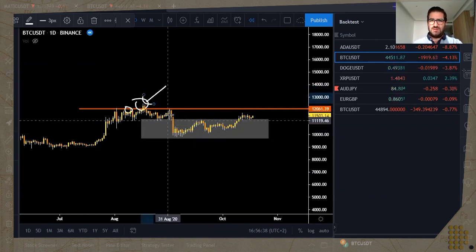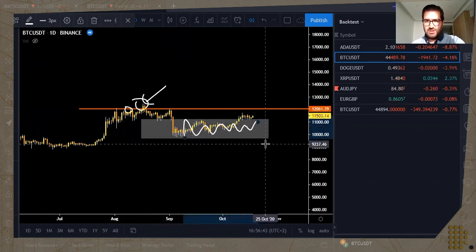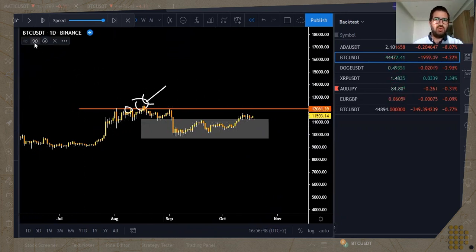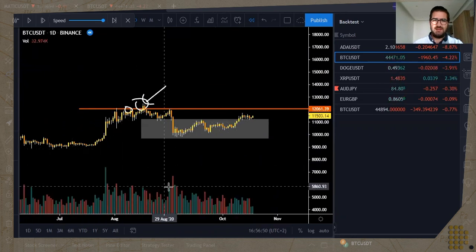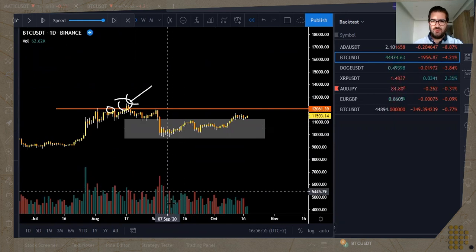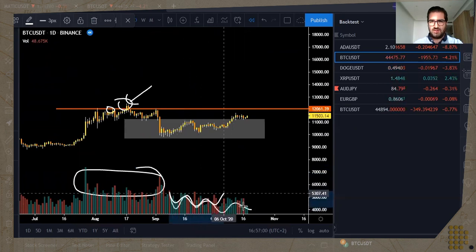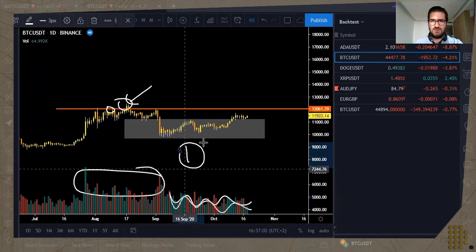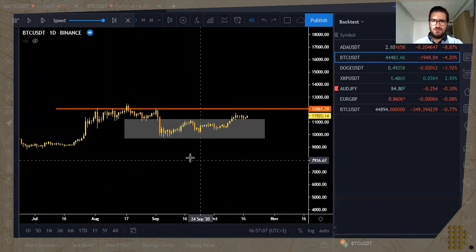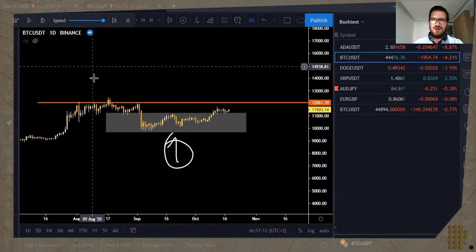But what we saw after is an accumulation. And usually when we have an accumulation, to be sure that you have an accumulation, you should apply this indicator here. We call it volume. So when we have accumulation, the volume is low. So here we have high volume. Here the volume is low. So first indication, the accumulation. Okay, let me make the graph clear. So we have accumulation, and then the market